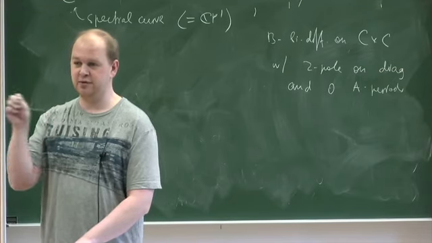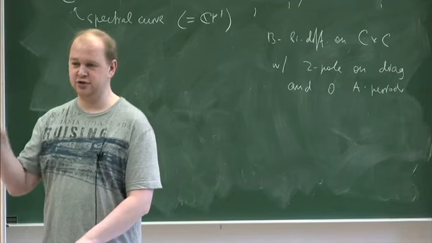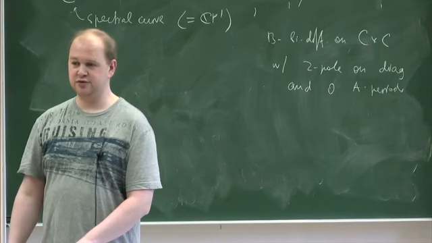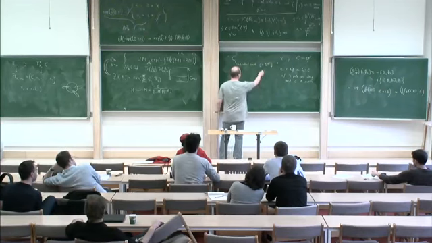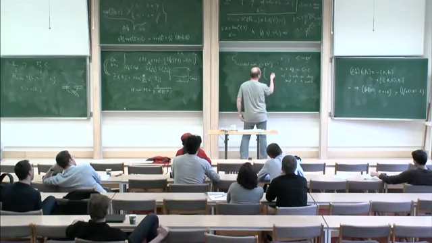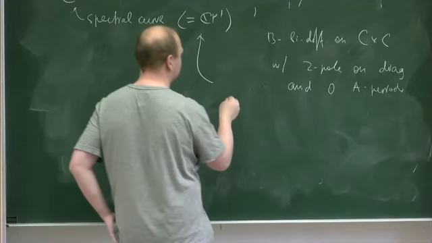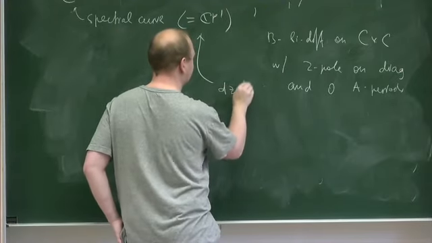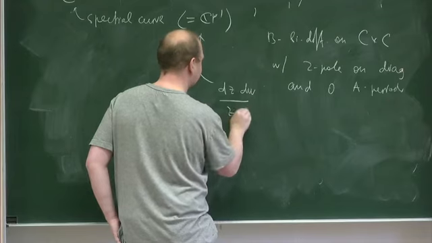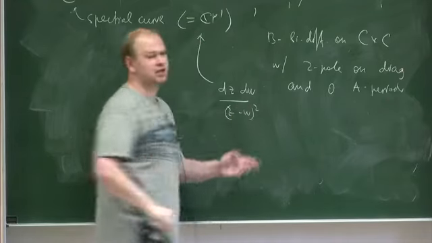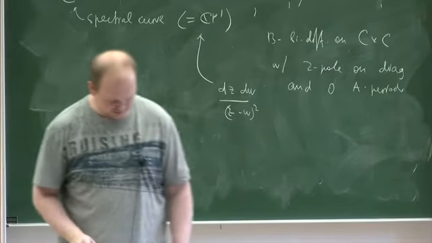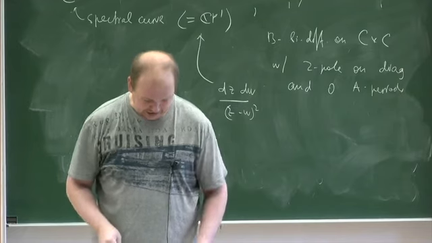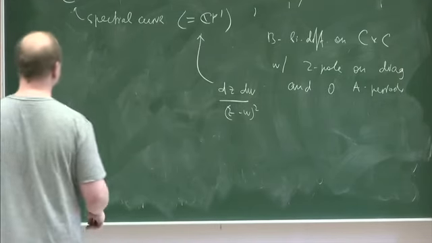So half of them we call A, half of them B, and integrals over A cycles should be 0. But the point is that for CP1, if Z and W are the coordinates, we can just think that we have Z dW over (Z minus W) squared. So there is a unique gadget like that, and let us just use this gadget, because as I said, I don't want to present it in full generality. So then we want to reconstruct.